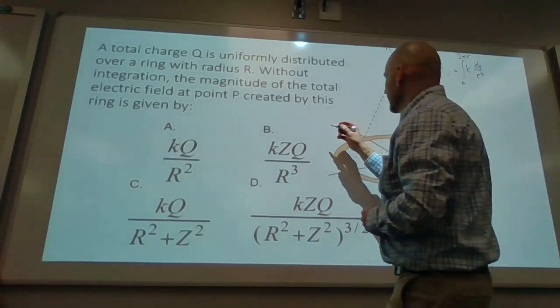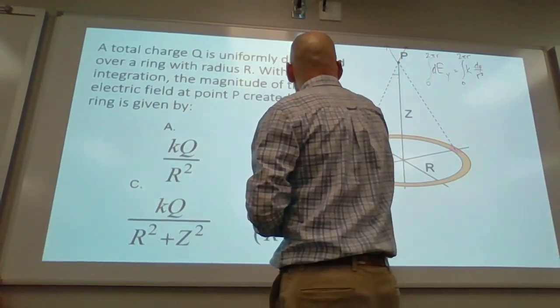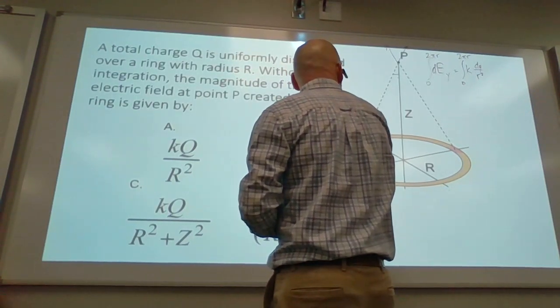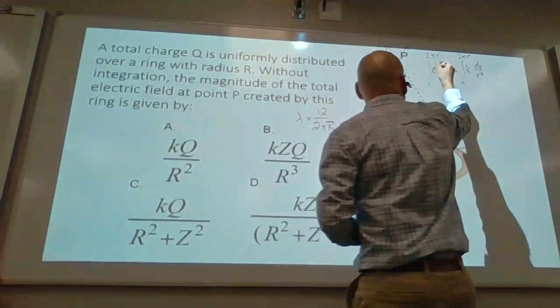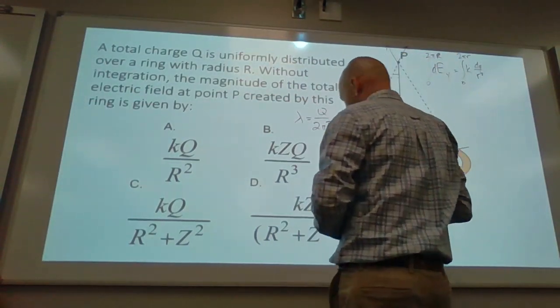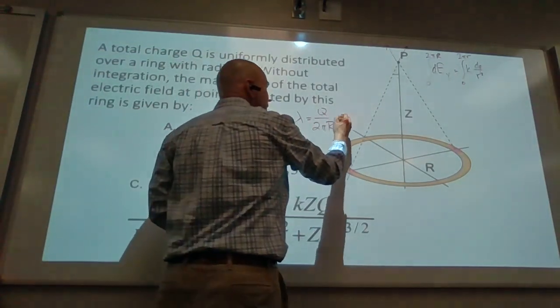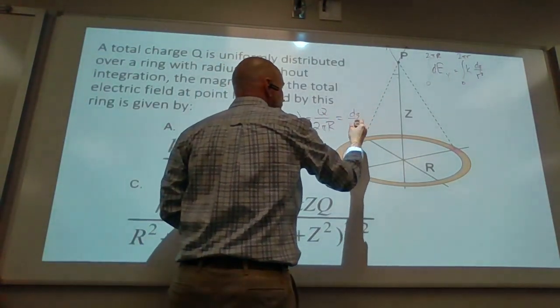So I've got lambda is equal to q over the total length, which is 2 pi R. That should be capital R, sorry. Is everybody okay with that? Okay. And dq is equal to